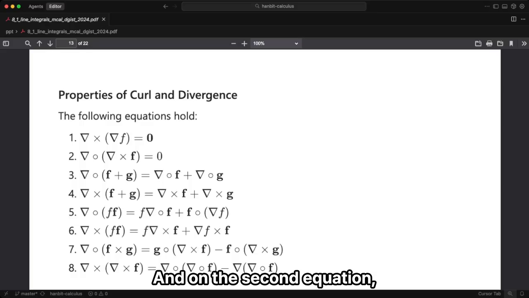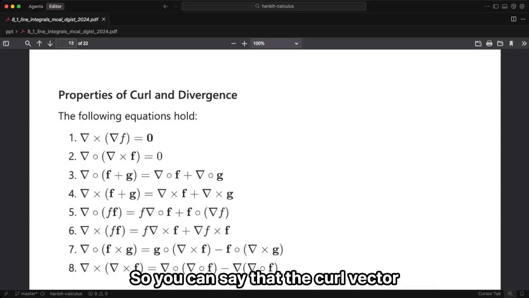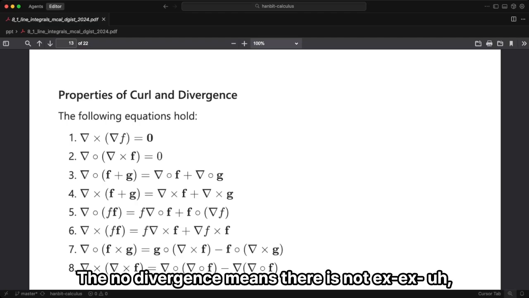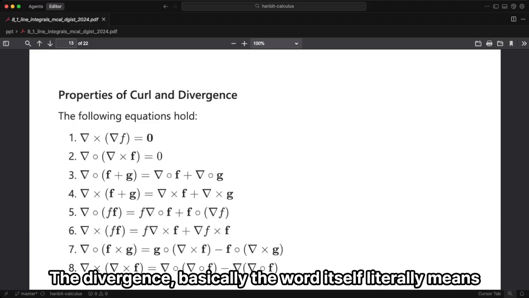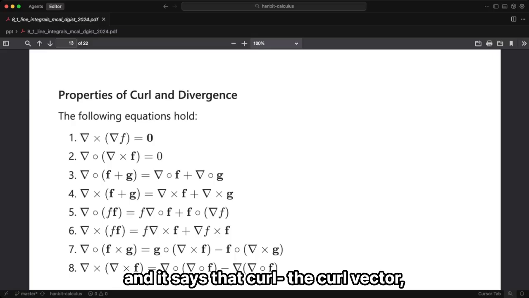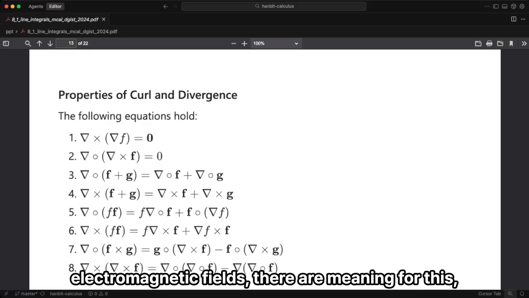On the second equation, it says that if you take the curl and then the divergence, so this is divergence, right? When you take the curl, you get a vector field, and you can take the divergence after that. It means 0. So you can say that the curl vector has no divergence. What does that mean? No divergence means that it's not expanding at any point. The divergence, the word itself literally means expanding, right? So no divergence means it's not expanding, and it says that the curl vector, whatever the original vector f is, is not expanding, okay? You can think about this as a physical situation also in electromagnetic fields. There are meanings to this, but